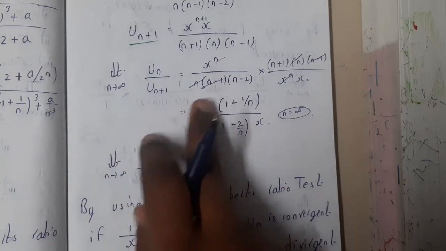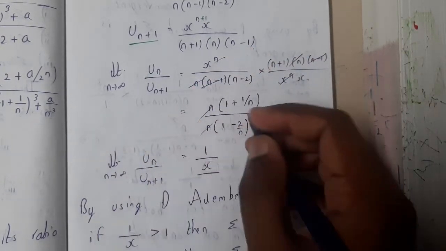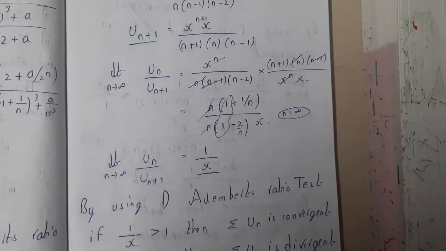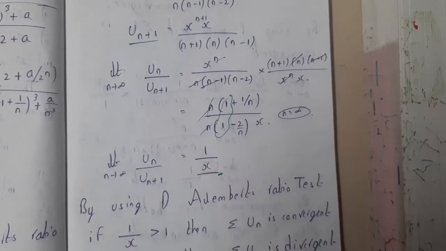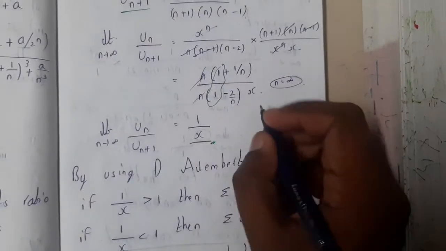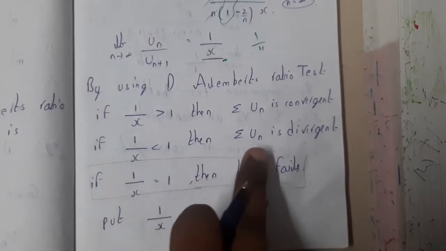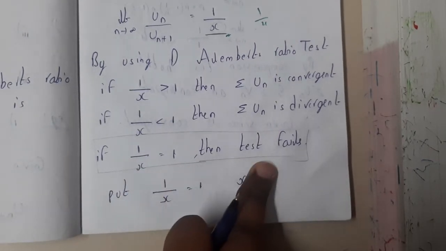Okay, yes, so again you will be taking the reciprocals, cancelling unwanted things, and at the end you will be taking the value common and you'll end up at some result. So here we got 1 by 1 into x, so 1 by x we got. Based on this x value, if 1 by x is greater than 1, then we will say it is convergent. If 1 by x is less than 1, you will say it is divergent. If 1 by x equals 1, then you will say the test has failed.